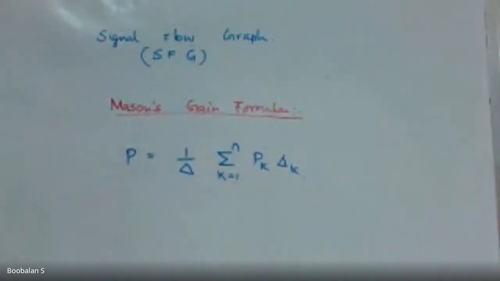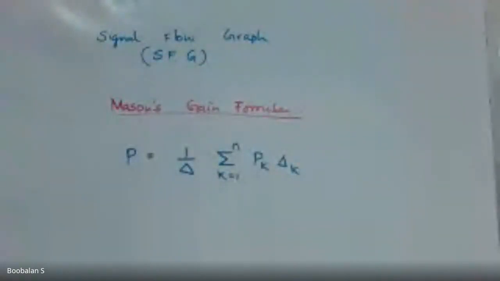In the last class, for the transfer function we needed a differential equation. After deriving the differential equation, we applied the Laplace transformation from the time domain to the frequency domain, and then used Cramer's rule or the substitution method to find the transformation. Instead of going that way, this is one more method, called the signal flow graph with Mason gain formula. We can find the mathematical model of our system easily this way.